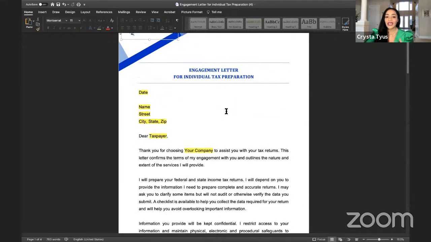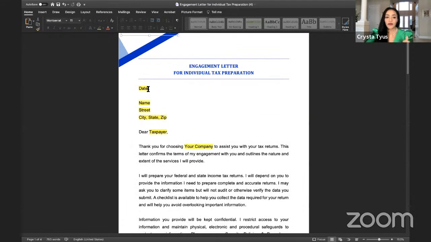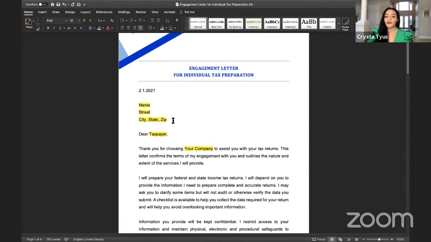So let's look at the engagement letter from top to bottom. So what you're going to do, you're going to change out your date, and we're just going to put today's date on here, which is February 1st, 2021. And then what I can do is unhighlight this if I don't want any color on it, right? The color, the yellow, is just to let you know that that is a field that you want to change out. So I'm going to send this to my client, and her name is Krista Tyus, and she lives